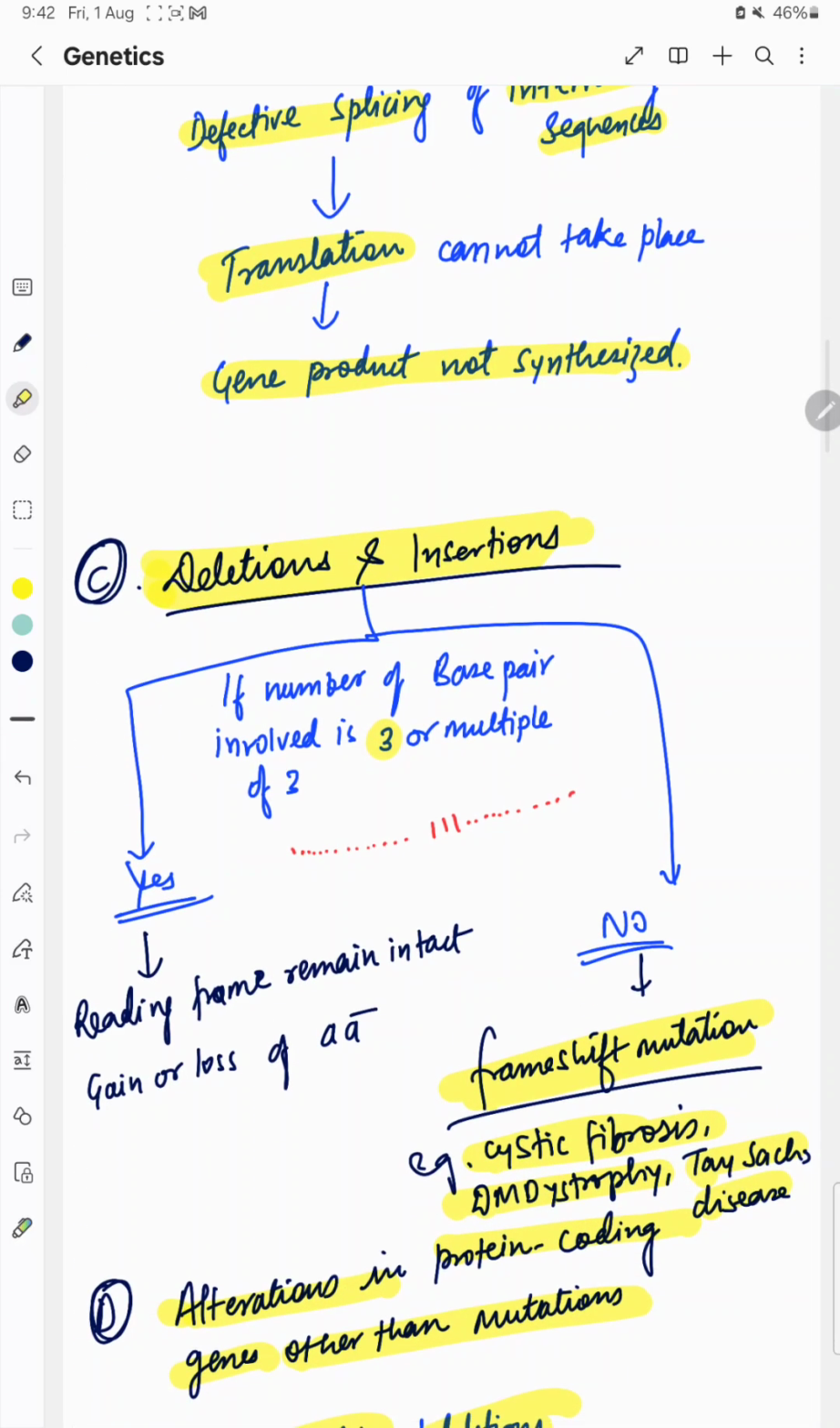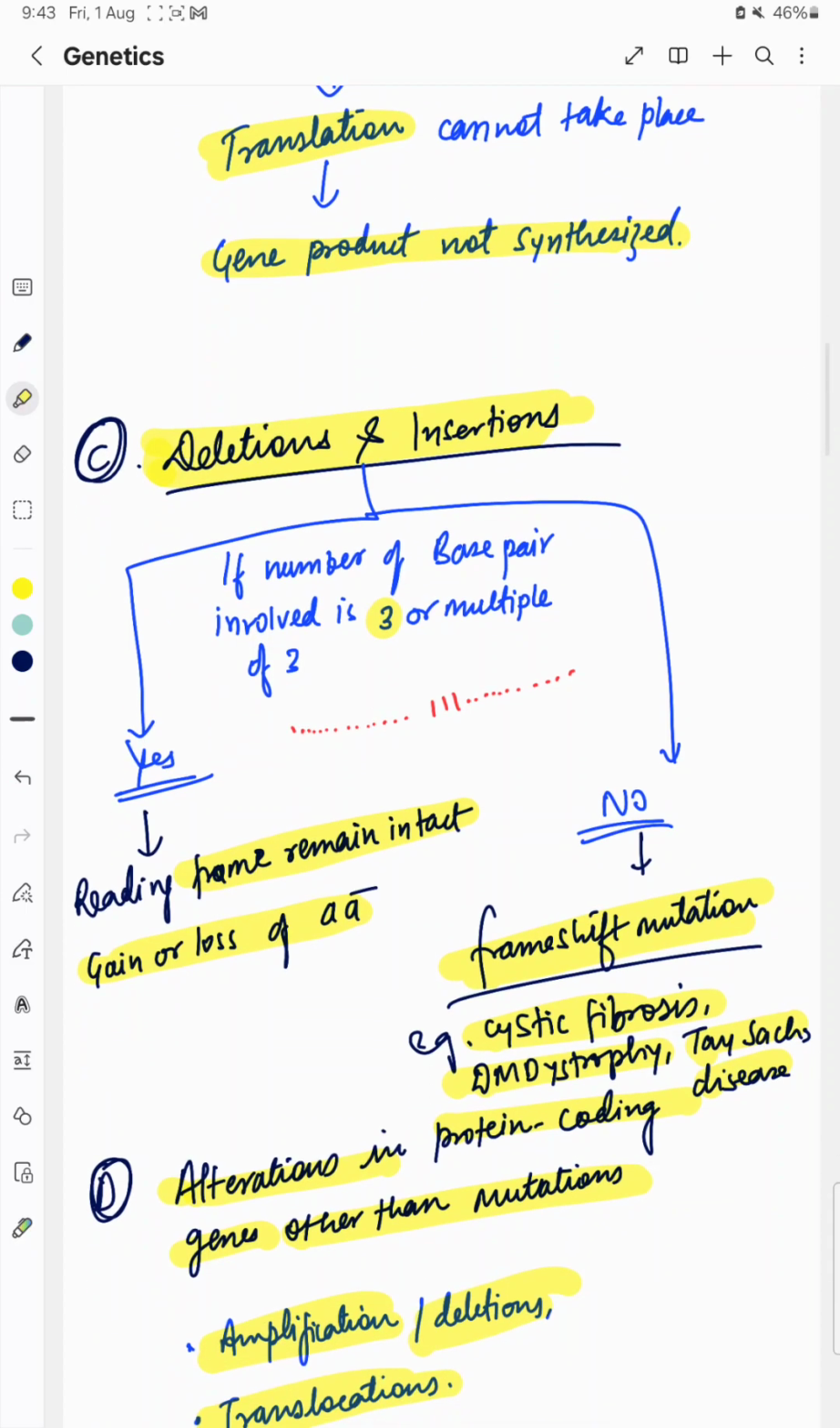Deletion and insertion. As the name suggests, in deletion some portion of a chromosome is deleted, and in insertion some portion of a foreign or different chromosome is inserted or added. If the number of base pairs involved is 3 or a multiple of 3, then the reading frame remains intact and there will be a gain or loss of amino acid. In deletion there will be a loss of amino acid, and in insertion there will be a gain of amino